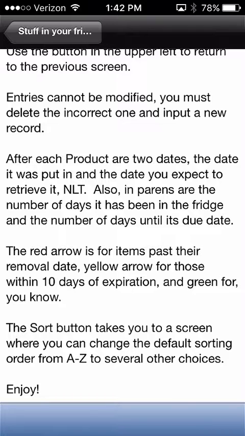Oh, guess I was pretty new at this. Actually, I created 2 apps, so this is the only one that survived. So after each product are 2 dates: the date it was put in, and the date you expect to retrieve it, no later than. Also in parentheses, the number of days it's been in the fridge and the number of days until its due date. The red arrow is for items past their date. The yellow items are for those within 10 days of expiration. That's what the yellow was for. And green for,